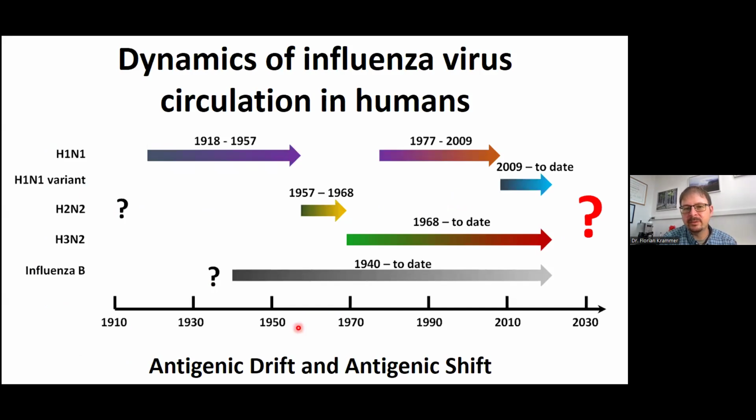Just as a recap in terms of human influenza and pandemics, if you look at the last 100 years, we had a number of pandemics. We had the 1918 pandemic, which was caused by H5N1. And this virus was introduced in the human population, caused the pandemic, and then kept circulating and became a seasonal